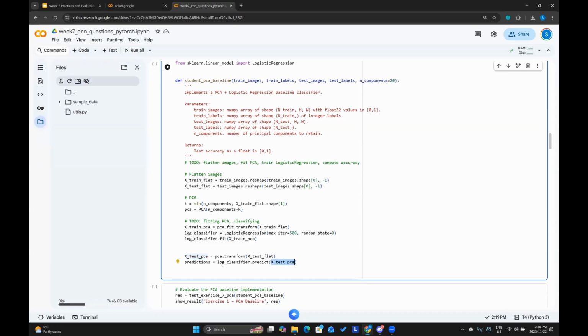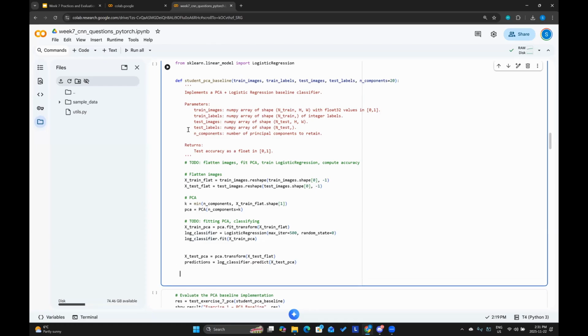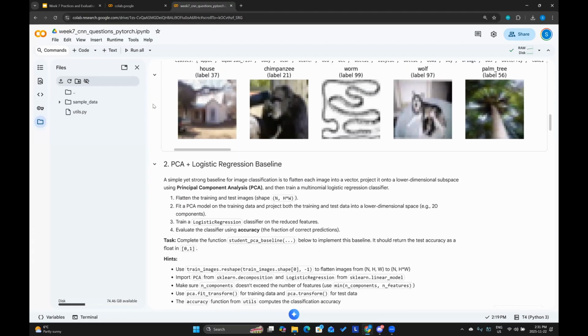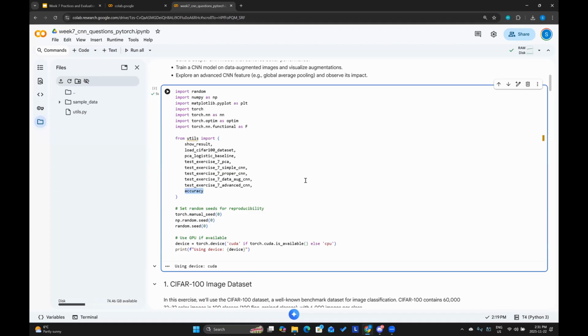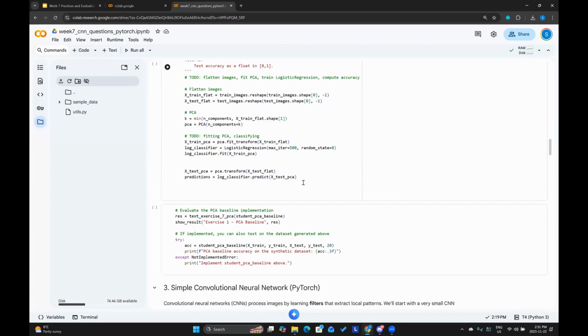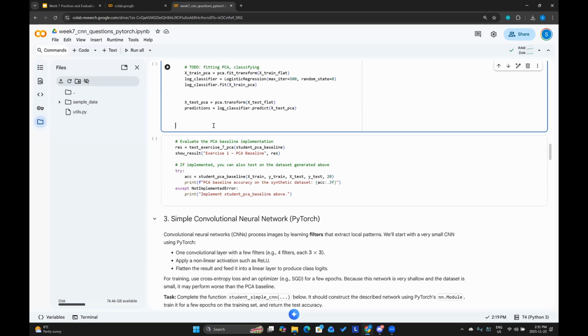And then we're going to be passing it into our classifier to actually classify these images. And we previously defined in our utils folder an accuracy evaluator, so we're going to just straight up use that